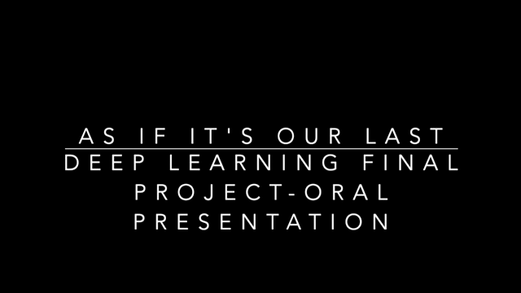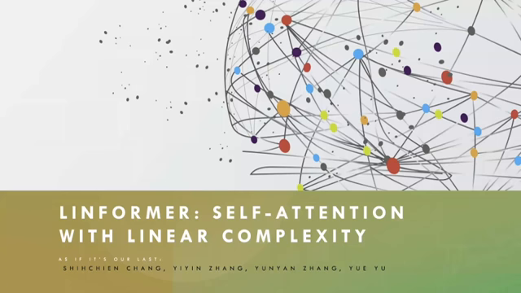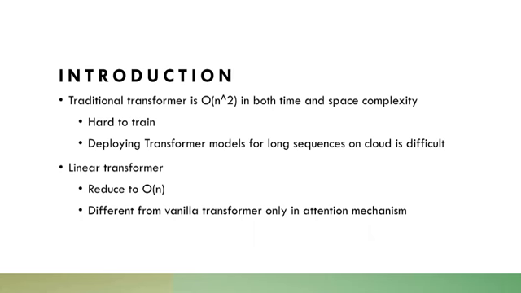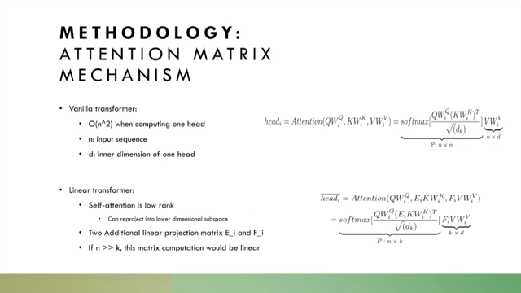We are implementing the recently published paper about Linformer, a refined version of the transformer model. The traditional transformer is expensive in both time and space, while the linear transformer could reduce the complexity by projection. The standard transformer with an n by n matrix uses O(n squared) time and space with respect to sequence